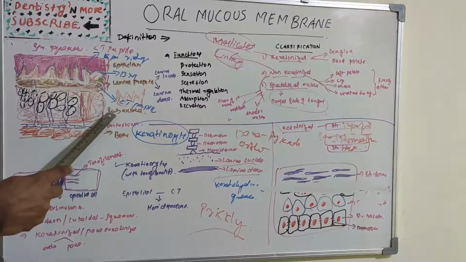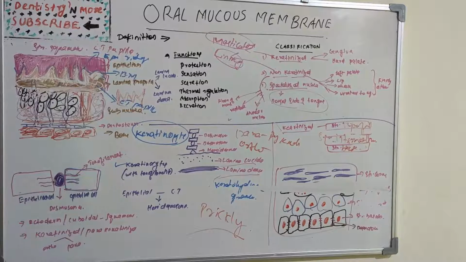So we have the submucosa, which is connective tissue of variable thickness, which serves primarily as attachment of lamina propria to the underlying bone or muscle. So this is the attachment of lamina propria to the underlying bone. The submucosa contains glands, adipose tissues, vascular structures and nerve components. So that's about